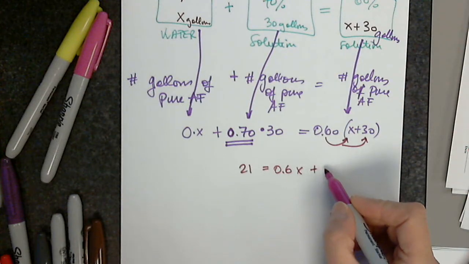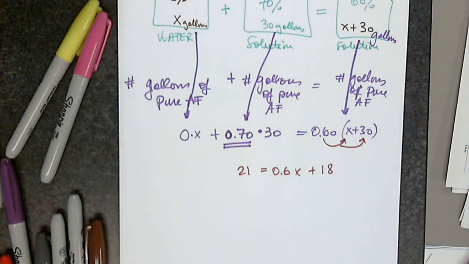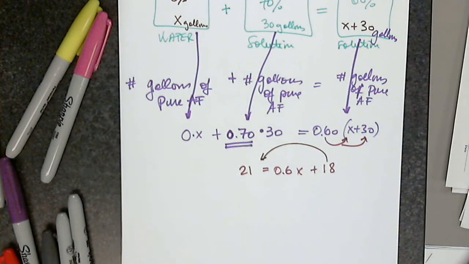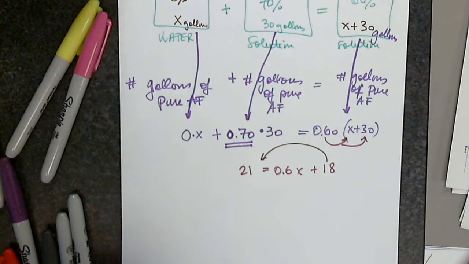0.6 multiplied by 30. Good. So now, as we did so many times today, what will I do next? You move the one with the variable. You can, but since I only have one term with a variable, I will move 18. So 21 subtract 18, I get